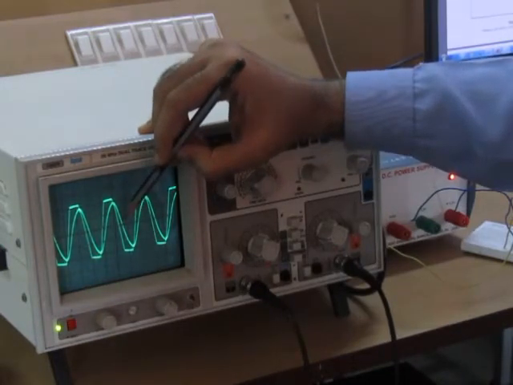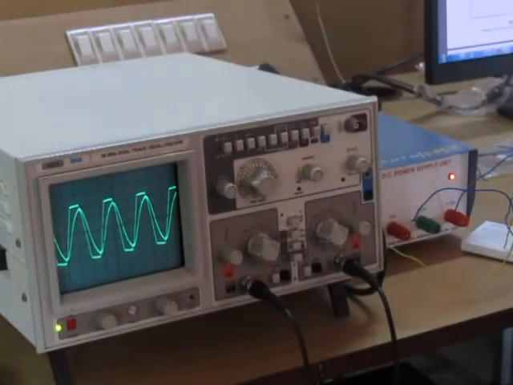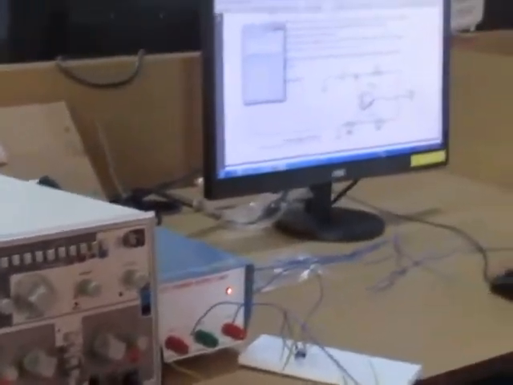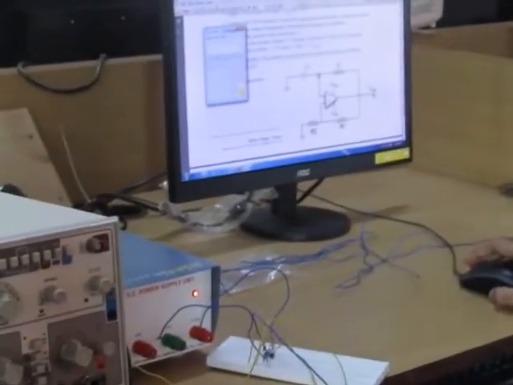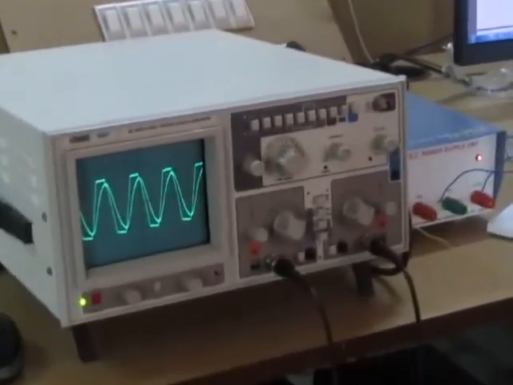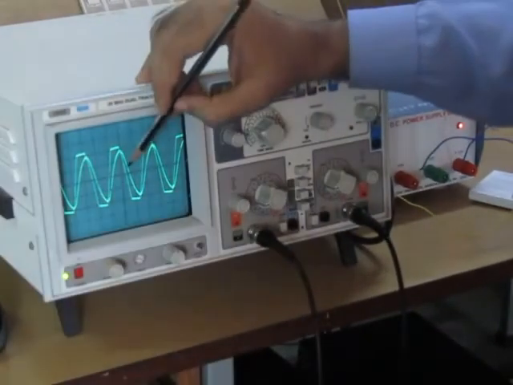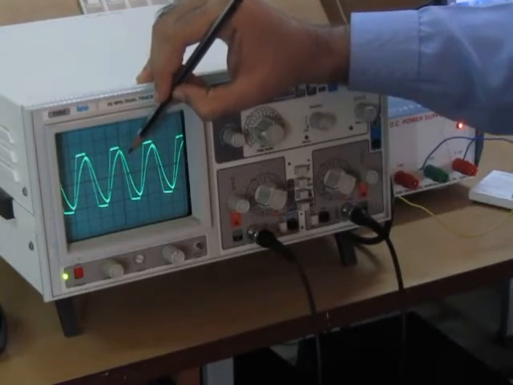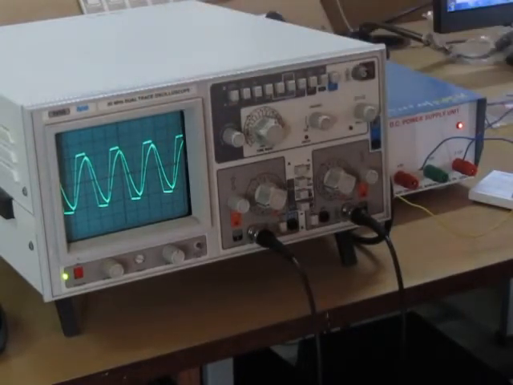So let me go by subdivisions. For that, first I have to calculate the subdivision value. Let me go to the calculator again. What is the voltage per division? That is 5. How many subdivisions are there? That is 5. So 5 divided by 5 is equal to 1 volt. 1 volt is the value for each subdivision. Now let me count all those subdivisions. 1, 2, 3, 4, 5, 6, 7, 8 and 9. So it is intersecting at 9. So 1 volt multiplied by 9 subdivisions, my plus Vsat will be plus 9 volt.